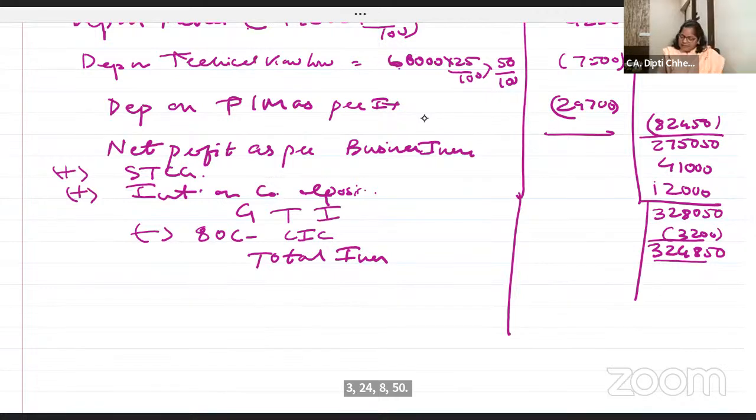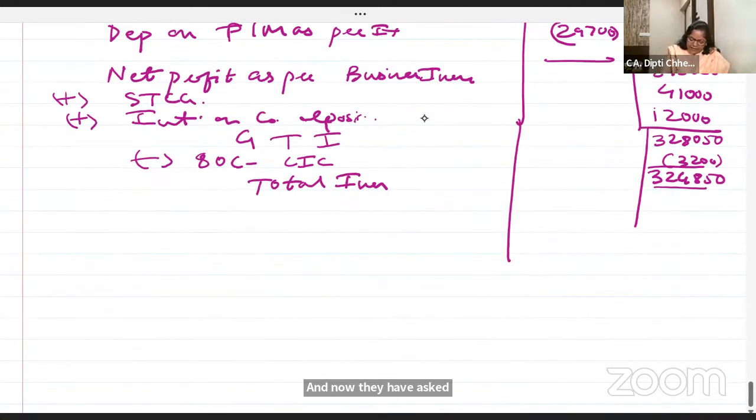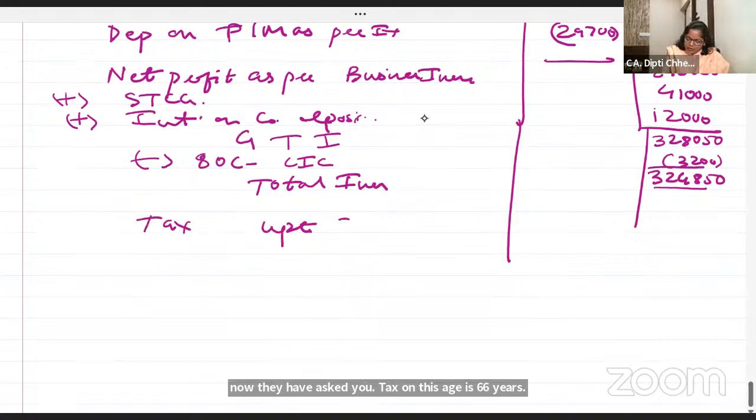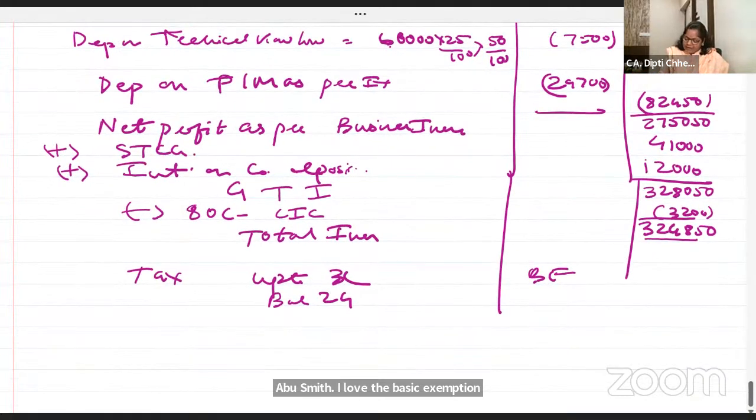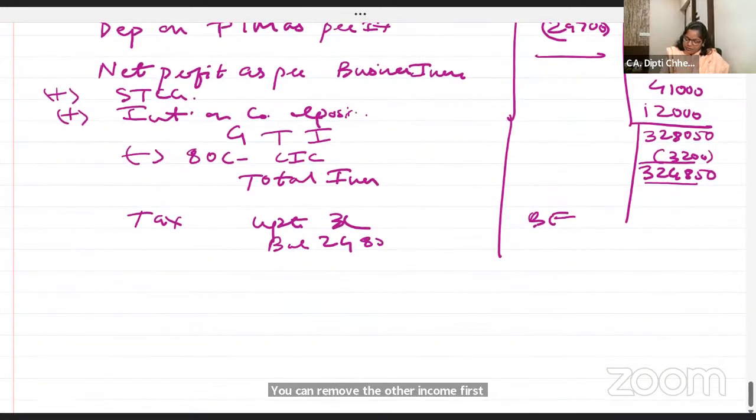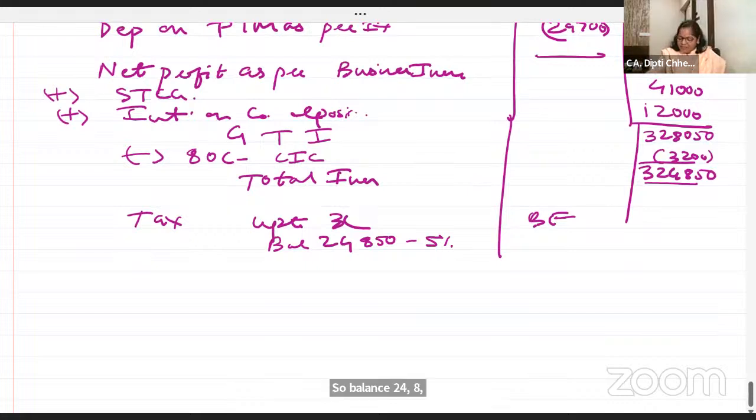X's age is 66 years. So tax thereon up to 3 lakh. Basic exemption nil. Balance 24,850. अब उसमें सब आ जाएगा आपके बेसिक एग्जेम्पशन में. You can remove the other income first. So balance 24,850 पे 5%. No, he's come out of the default tax regime. We have assumed. Tax and all I'm doing extra. 324,850. If they ask you to